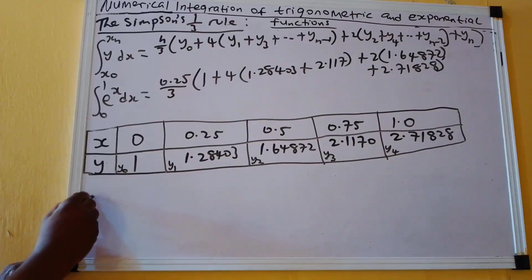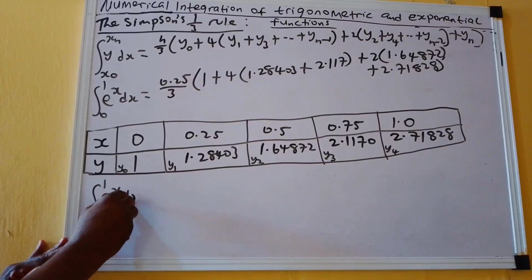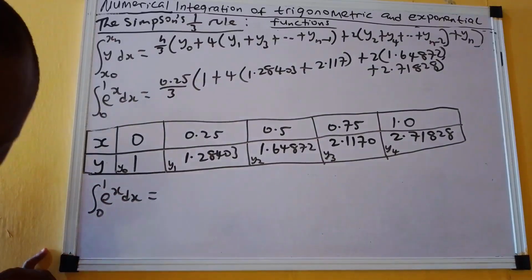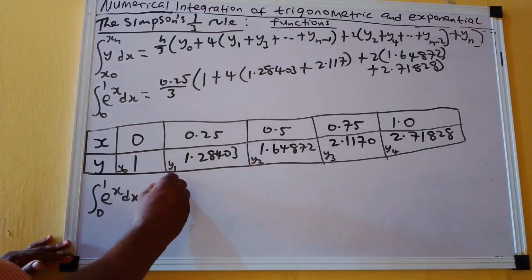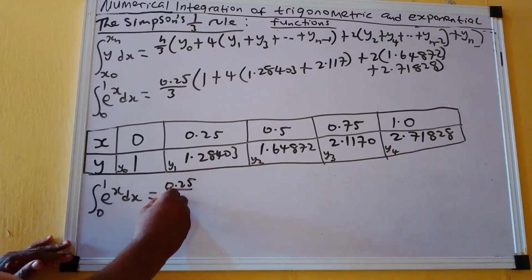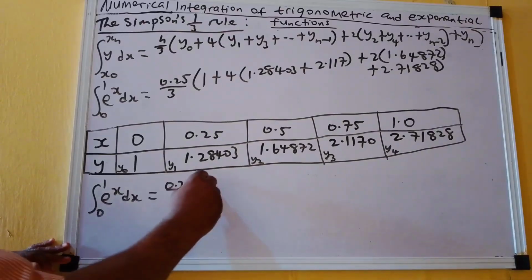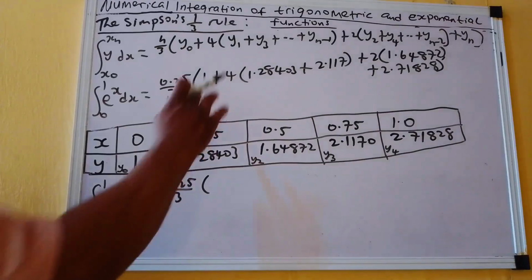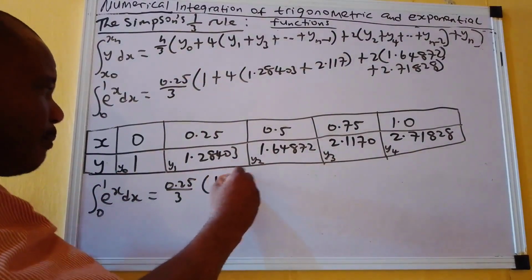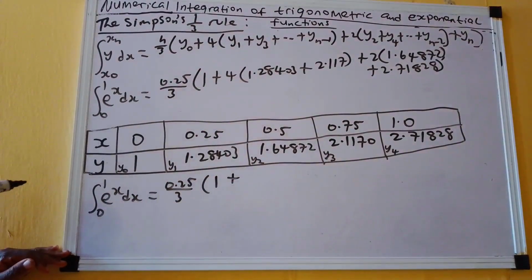So coming here, our integral from 1 to 0 of exponential x dx will be equal to, of course, dividing 0.25 over 3 will give us a very long decimal, so we have to retain it so as to prevent our inherent error. So when you carry out that, you are going to have 1 is here, plus, of course, 4 into this plus this,